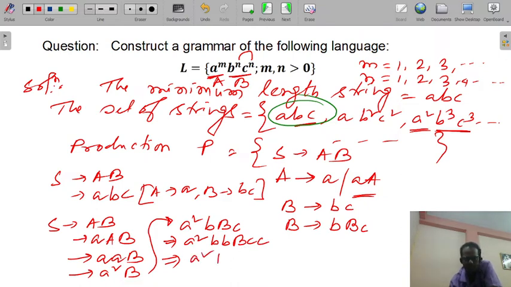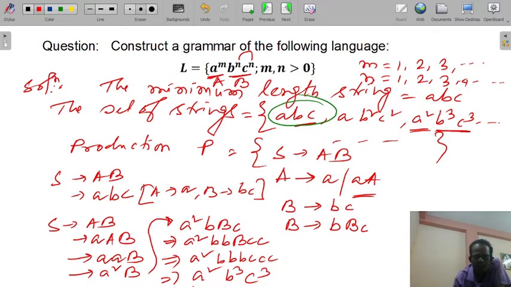So A square, bb, bc, then cc. So it will be A square, b square, c square. In that way, all strings are possible to generate. So with the help of these productions, we will be able to generate all the strings of the language.